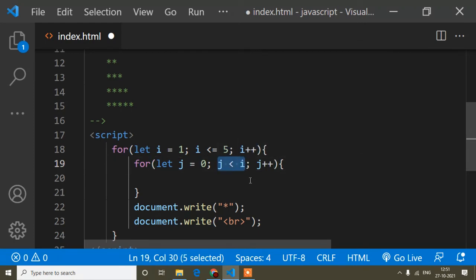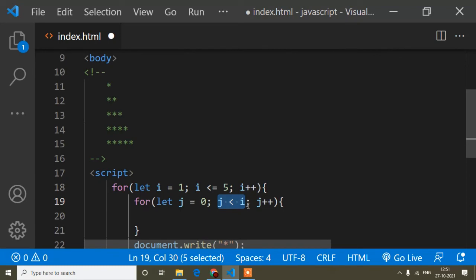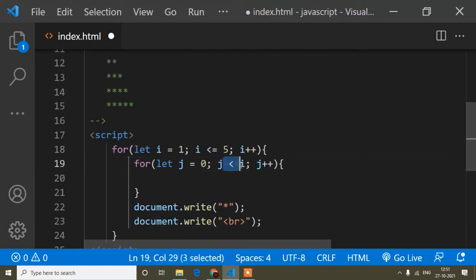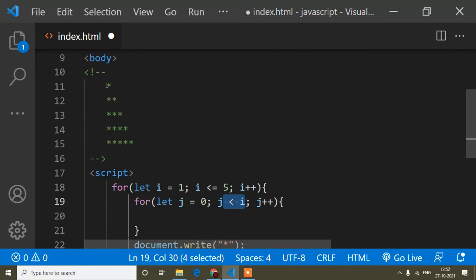You have to understand carefully here: I have written j equals 0 and j will be less than i. What is the meaning of less than i? Less than i means that when i is 1, it will be nothing, it will be 0, because it's less than i.